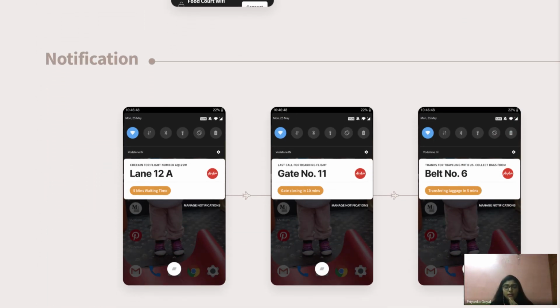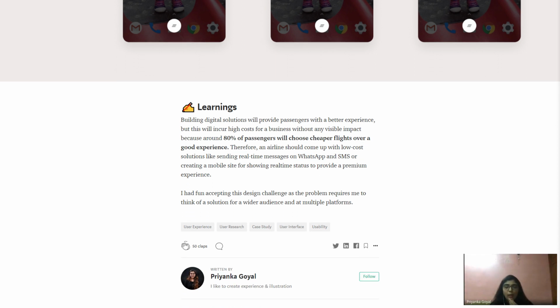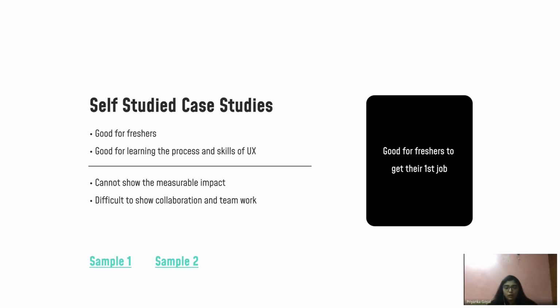So this is about the self-initiated case study. Moving on, learnings are very important. After you give your UI and all those things, it is very important that you tell what you have learned from it. It should be a combination of your personal learning and the insights you have gained. You can divide those into steps, giving your insight in one paragraph and learnings in another, or you can combine them. It is as per your need. So moving to another slide.